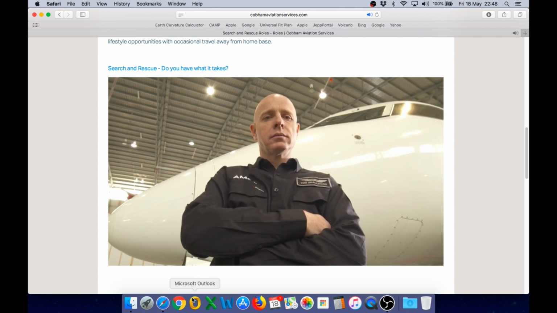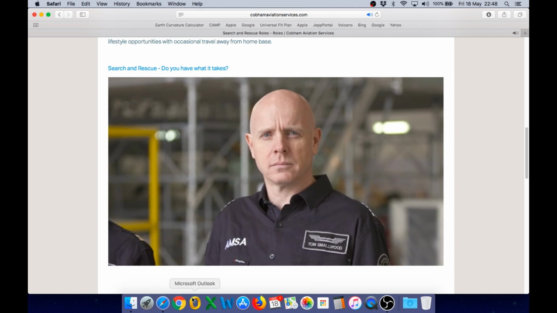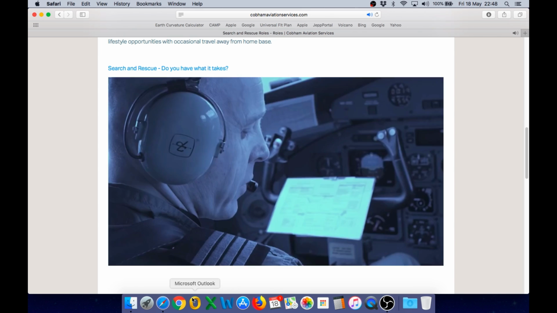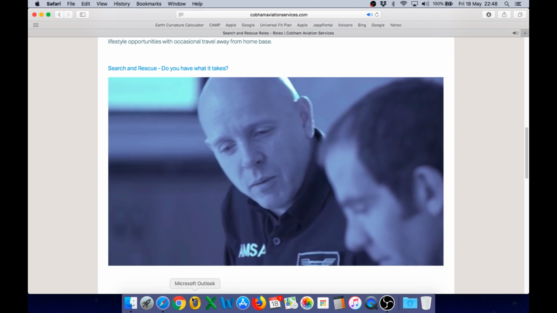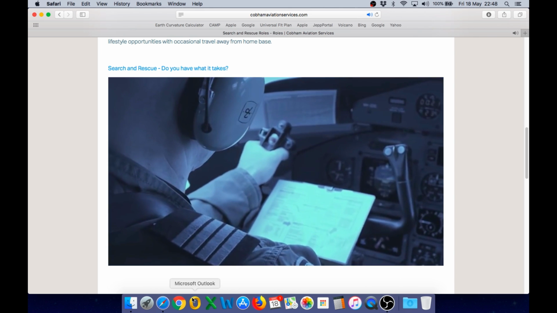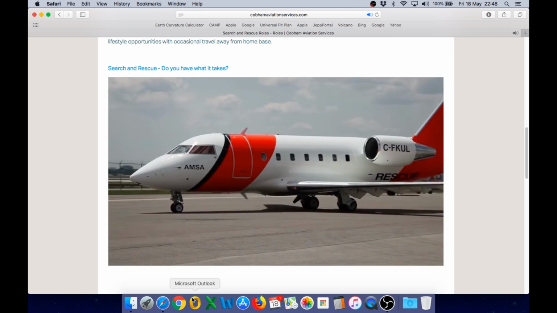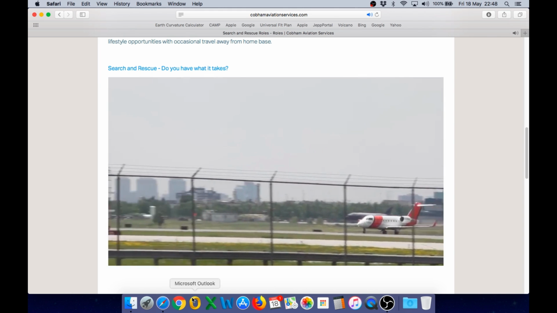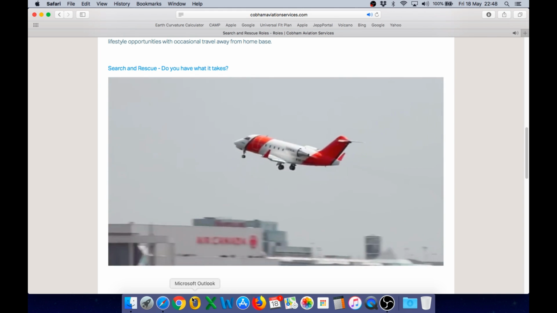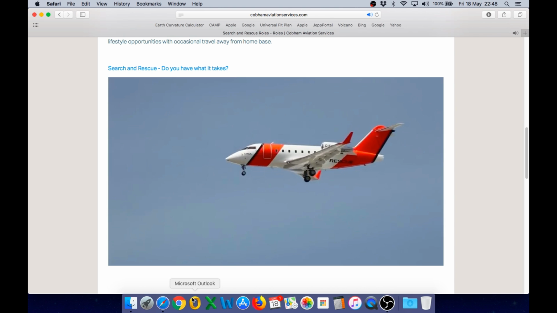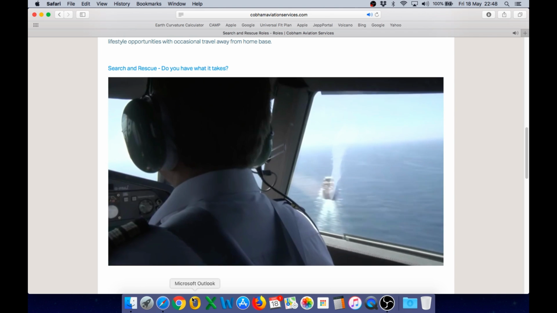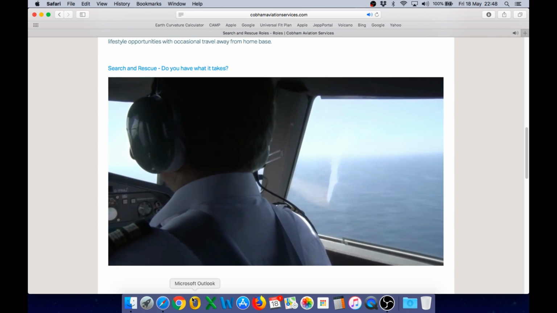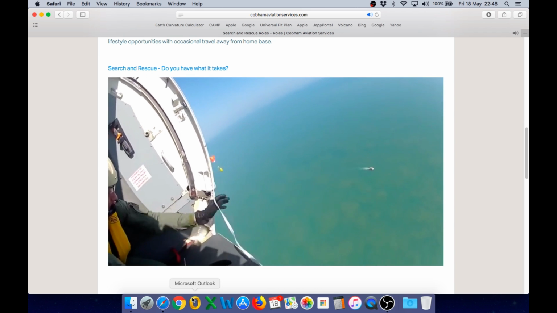Hi, my name's Tom Smallwood. I'm the Chief Pilot of Cobham Aviation Services Special Mission. I joined Cobham a little over 16 years ago because the style of flying and the use of modified aircraft really appealed to me. Cobham is providing 4 highly modified Bombardier Challenger 604 jets to meet the requirements of the AMSA search and rescue operation. We're looking for captains who've flown jets or who have special mission experience, and first officers with some multi-crew